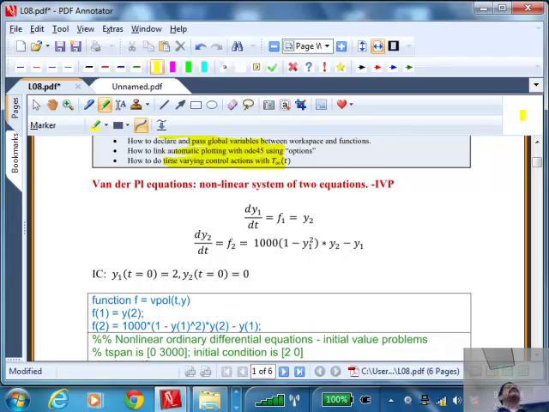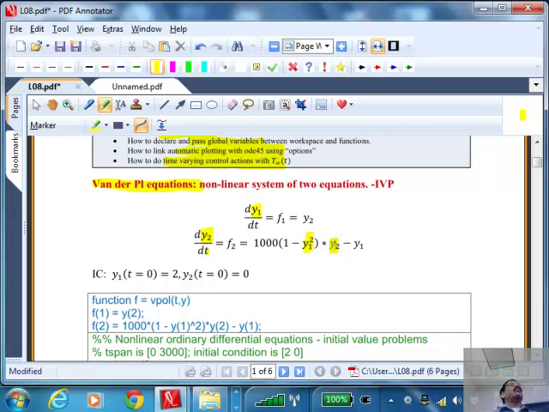Now we are going to go into nonlinear ordinary differential equations. It's called the Van der Pol oscillator. We have two equations in two unknowns. Y1 and Y2 are the unknowns. Once you see that equation, immediately you should be able to understand and decipher the modeling features of it. Time is the independent variable. Y1 and Y2 are the dependent variables. And in the dependent variables, you have nonlinearity. So these are nonlinear ordinary differential equations.